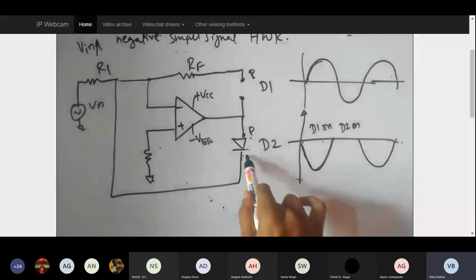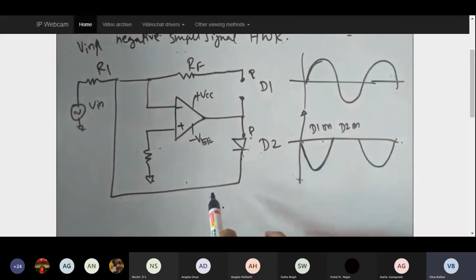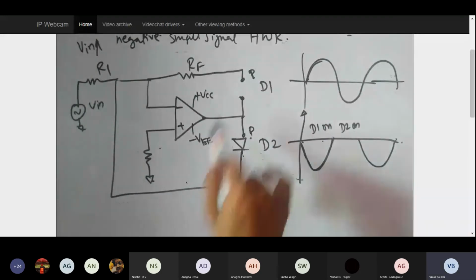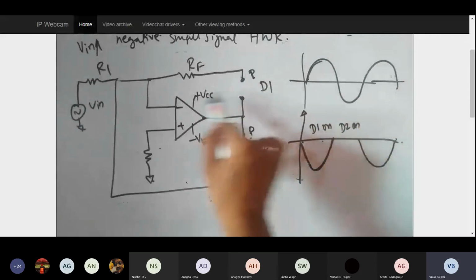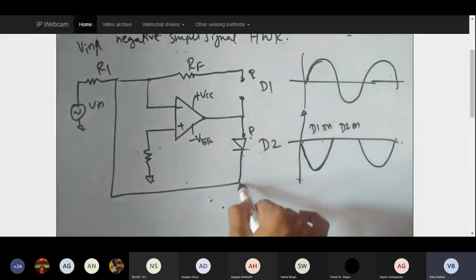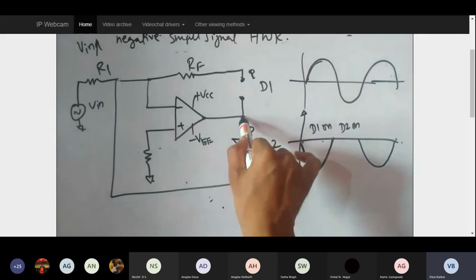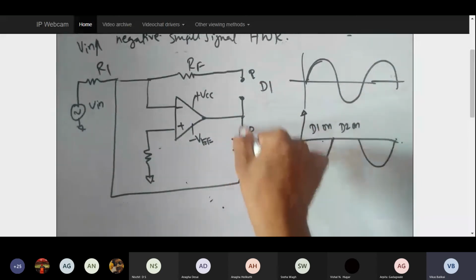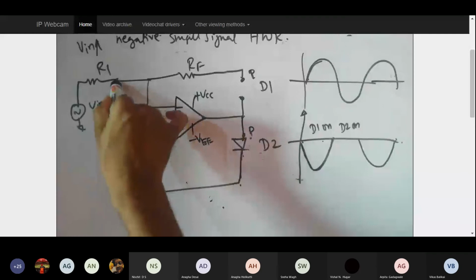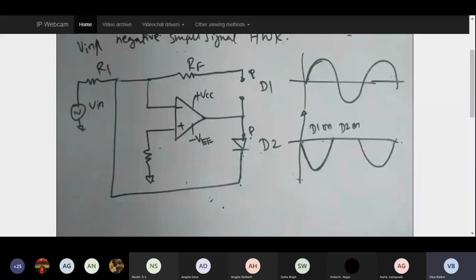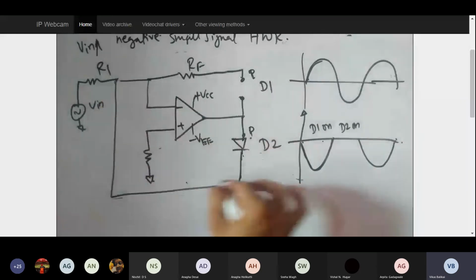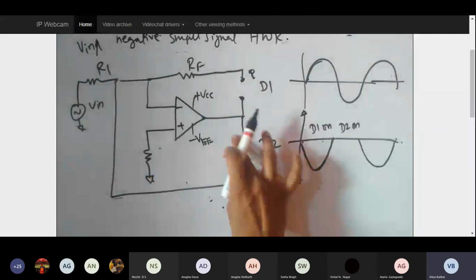Here, see how using D2 lets me avoid reaching saturation. When this D1 is off during negative half cycle, D2 is on. When D2 is on, my output here is connected via this path to this, right? And this entire path will help me, so it is behaving like a small path like this.